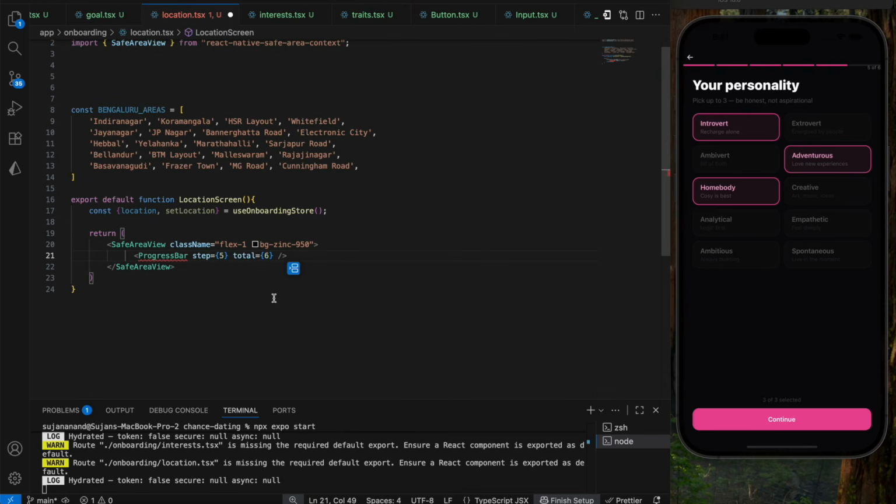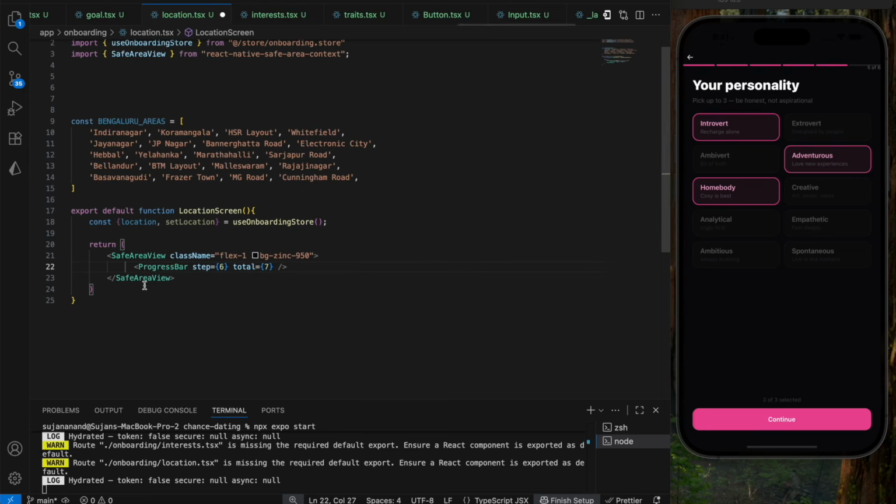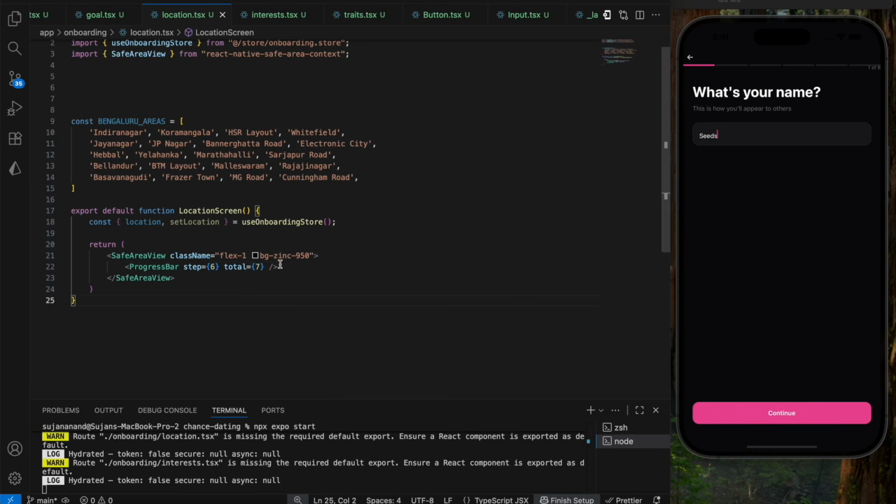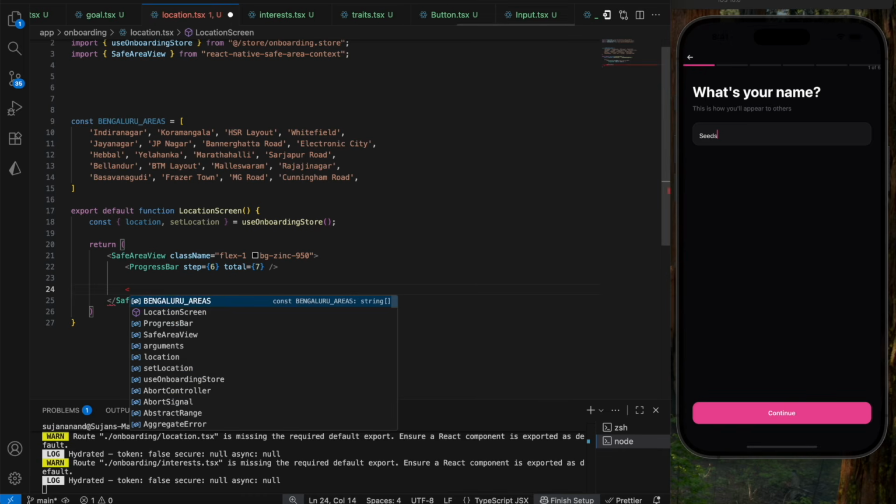Okay, here your step is going to be 6, and total we can make it as 7, because I think we missed out one more part, that's going to be for the interests, right? So progress bar, add it, save. So below this, we're going to have 2 pieces of text, that is where in Bangalore, as well as we'll show you people nearby. So similar styling that we have done previously. So for that, having a view,